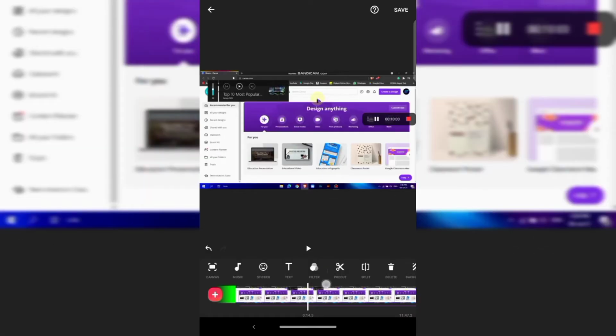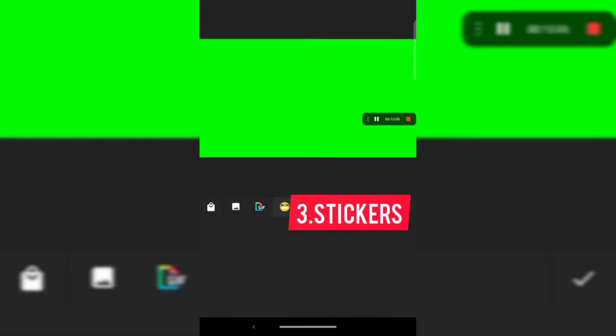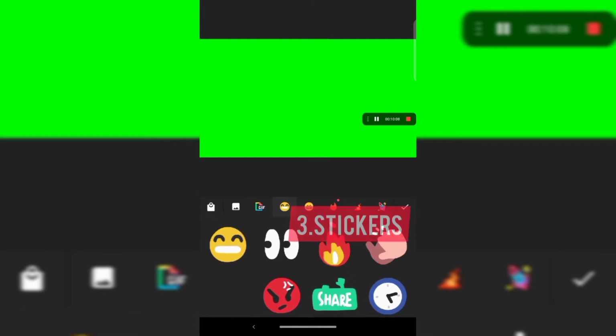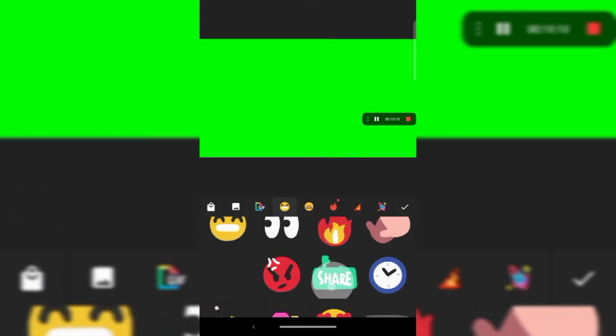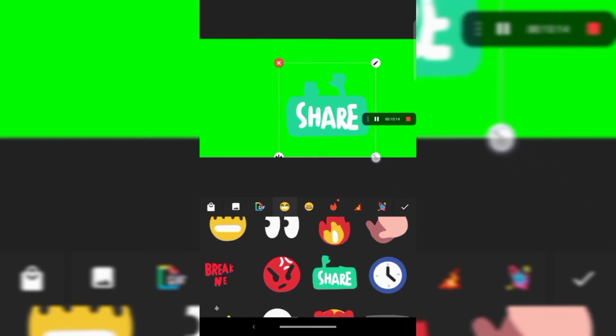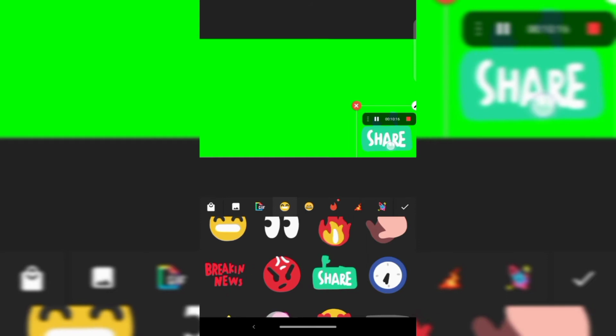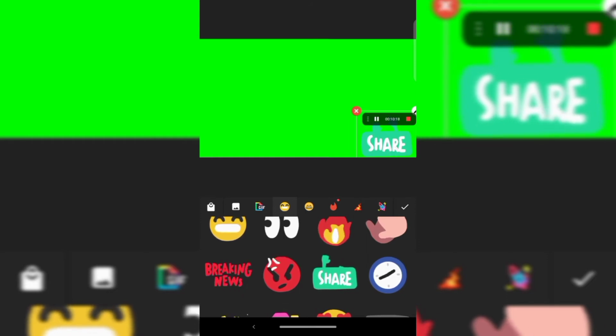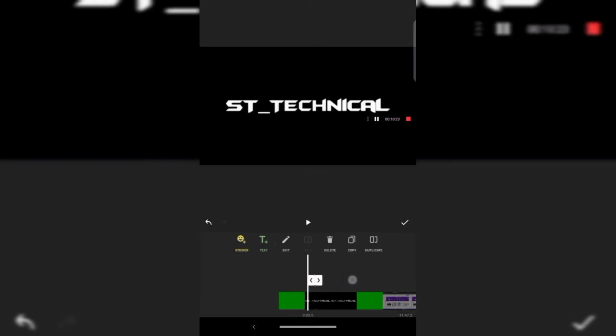And for saving changes you have to click on this, and then the option of stickers are there. So here you can see this can be a good sticker. It's probably like a Bitmoji, a moving GIF kind of it is. Not in the intro.